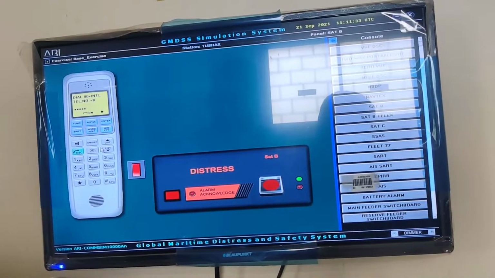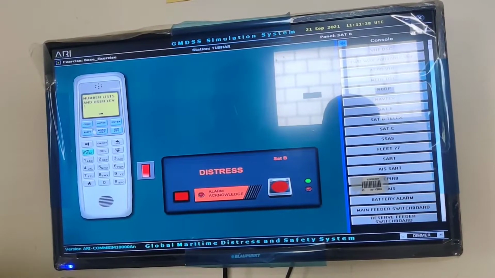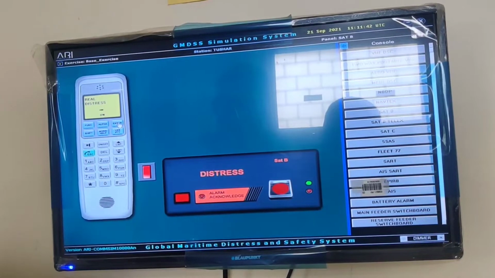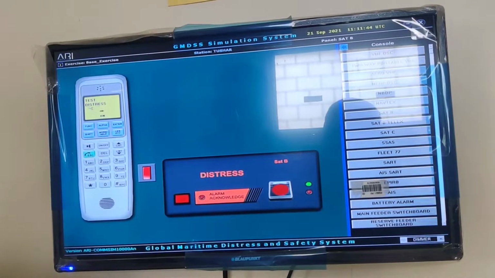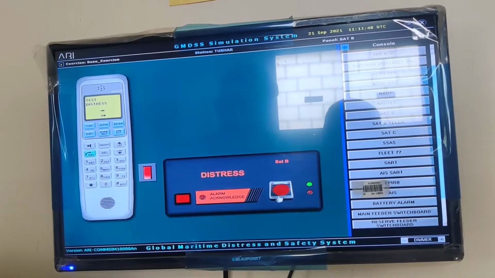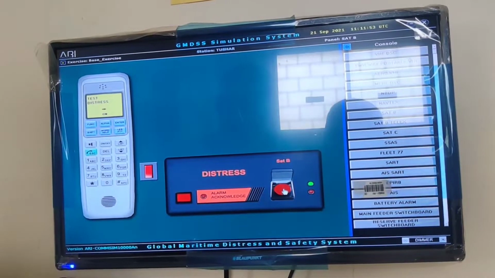Now we will do the distress test. For doing distress test, press function, press 5, 6, press enter, then it will show test distress. After it will show test distress, you have to open the DMG cover, press the distress button for 5 seconds at least.